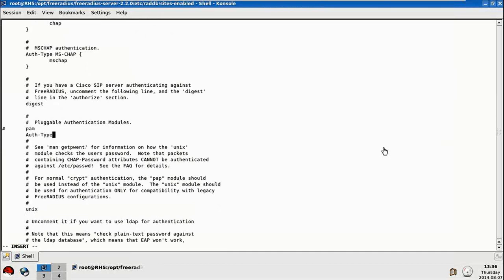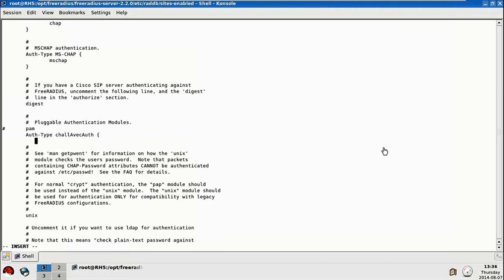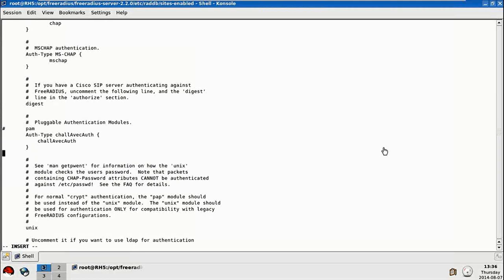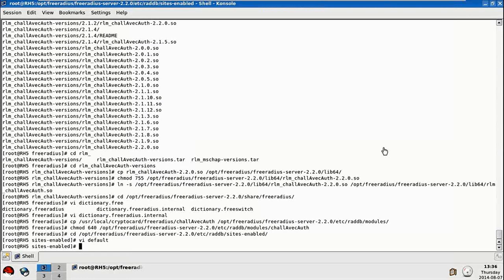You'll notice that PAM is already commented out, so I'm going to enter the following line: auth type Chalabek auth, Chalabek auth. So I'm going to save this file,